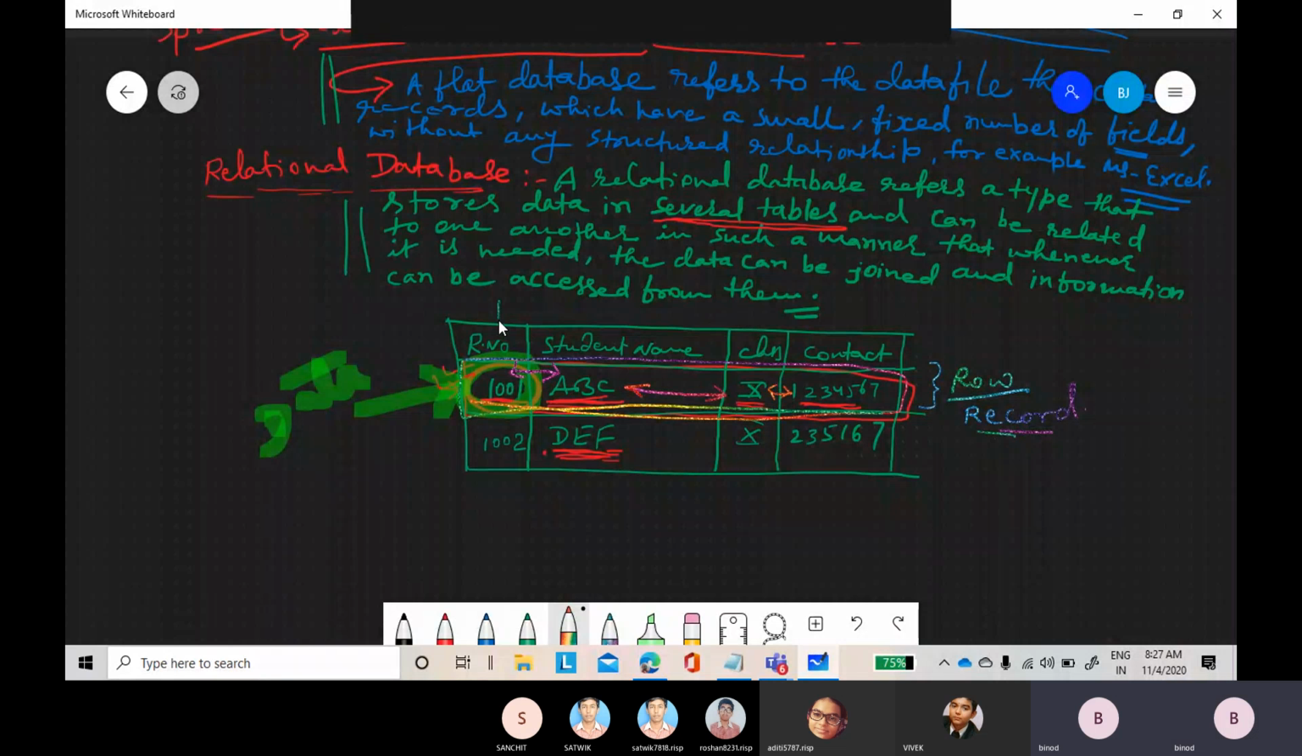And this particular column, like roll number or the name or the class or whatever it is, all are known as a data field, or we also call it a data item or data field. Any confusion? And when we keep similar types of data, like if this is the table of student data, the student table,